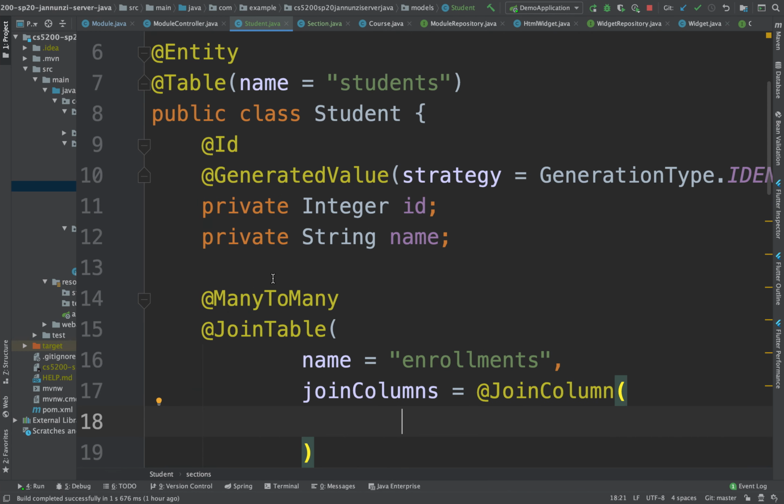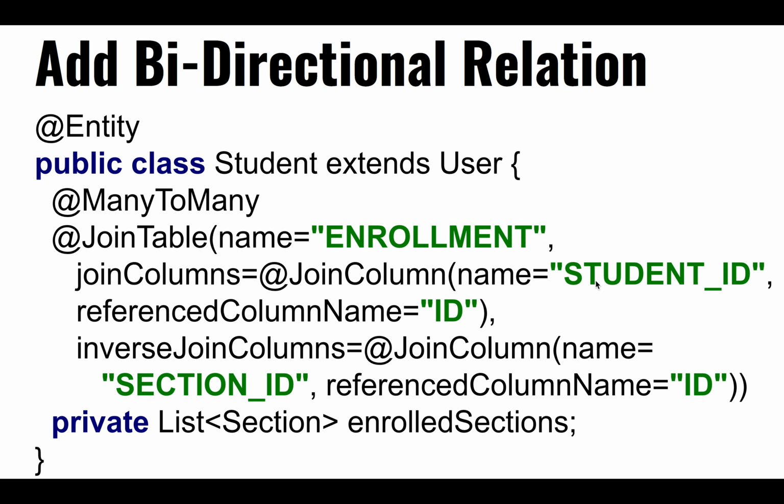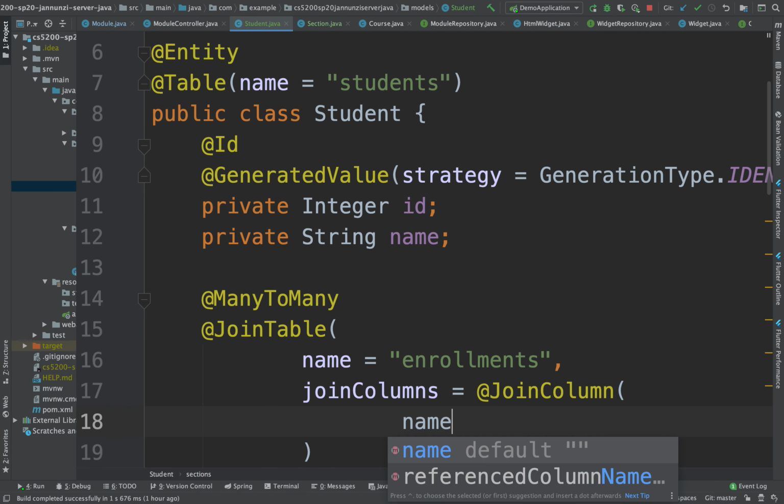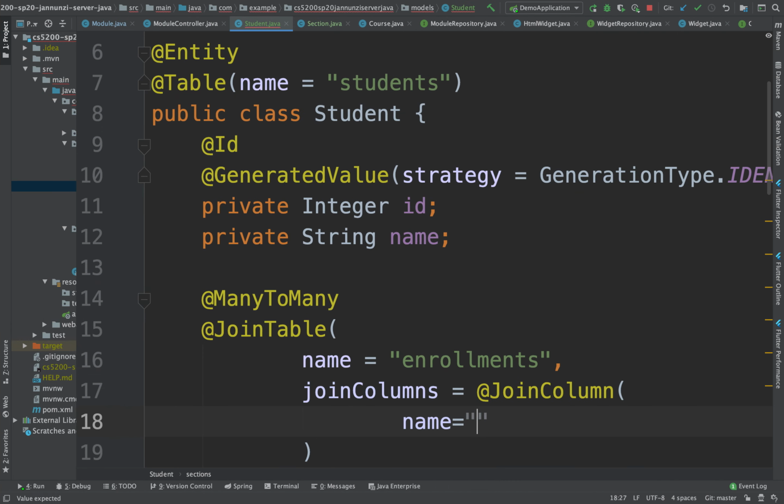This new table, and that table is going to have two foreign keys, one pointing to the student and one pointing to the section, right? So here's one of the columns, and this join column is referring to me, where I'm being declared in the student, right? So it is the student ID. So the name is going to be student ID,